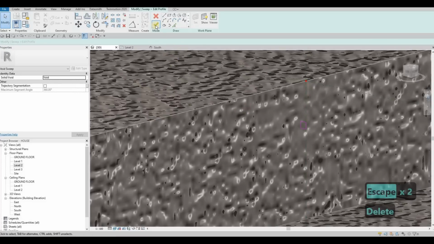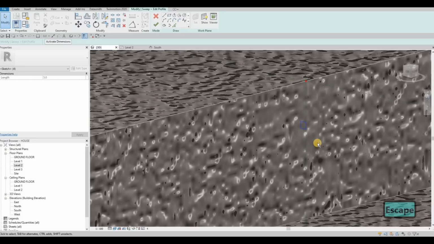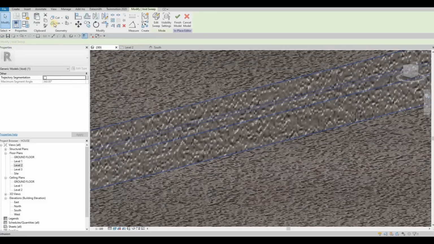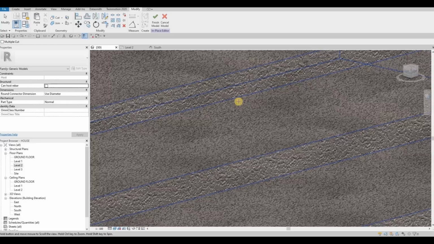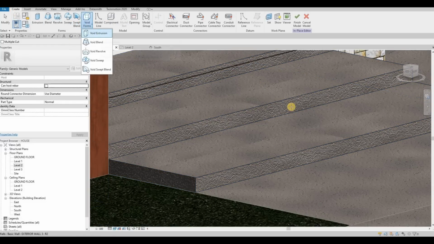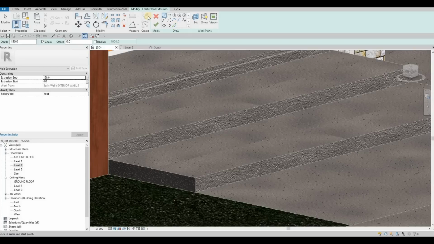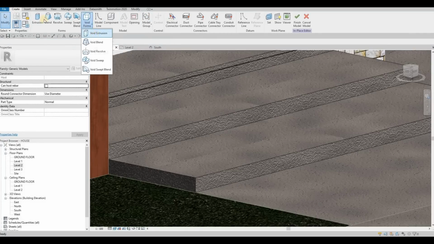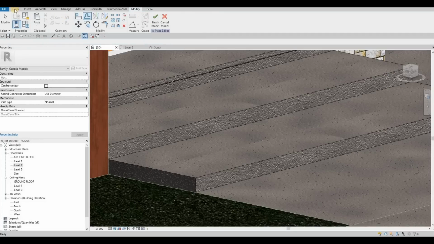Afterwards, we're going to click finish, and we could actually copy this and then click finish, and then finish and then cut geometry. So now that is cut, let's do that on the other. So void sweep, actually